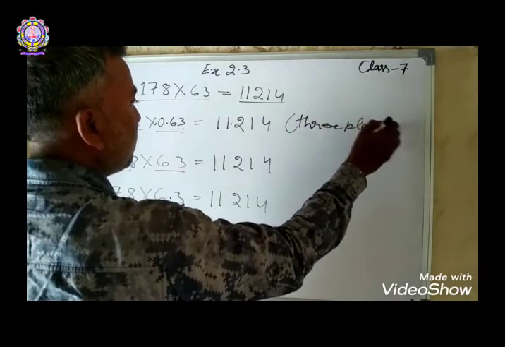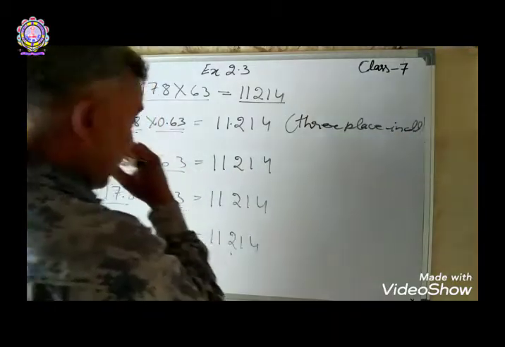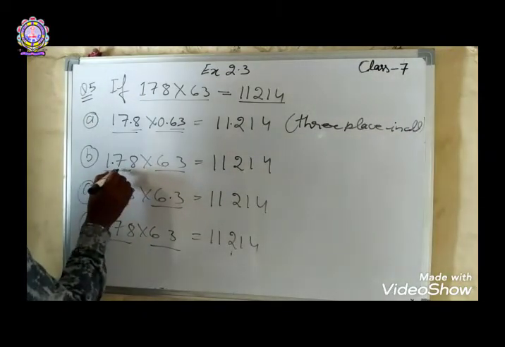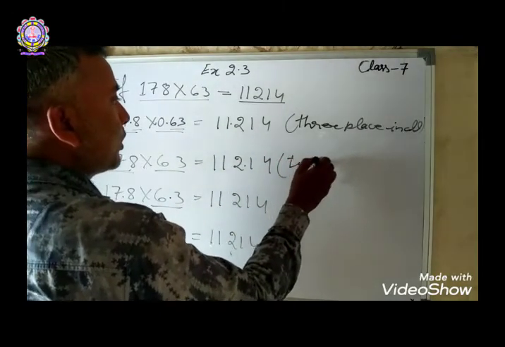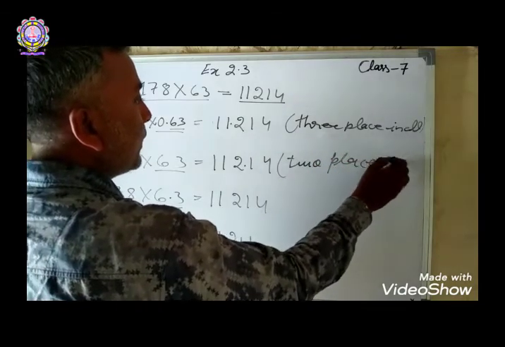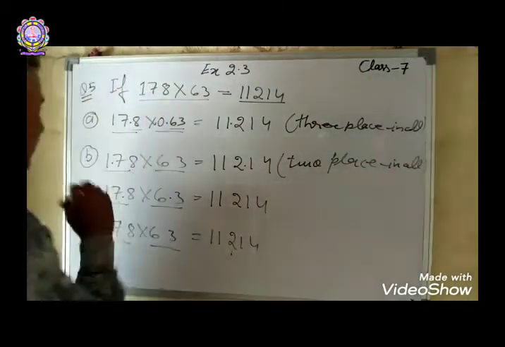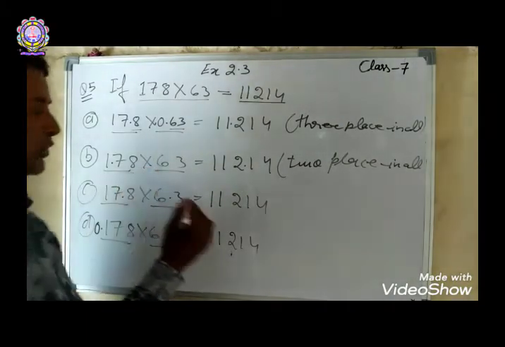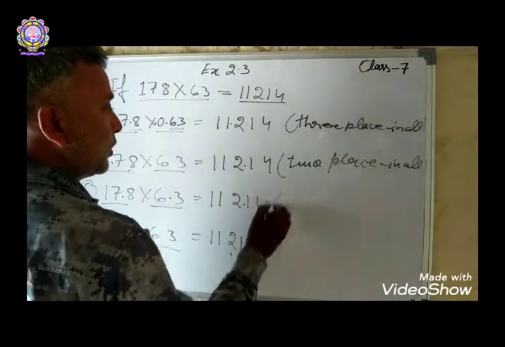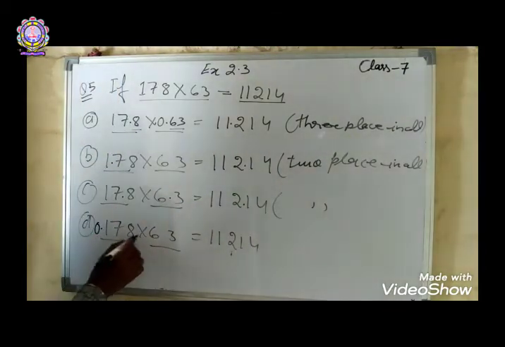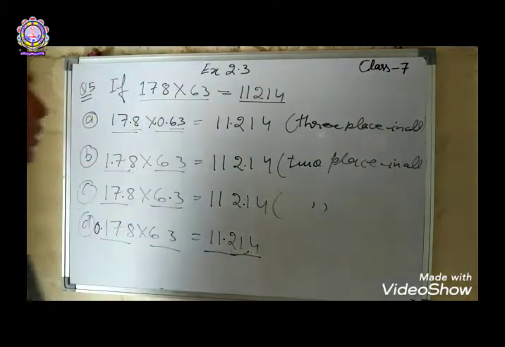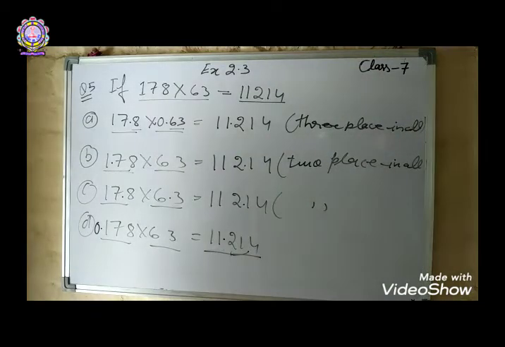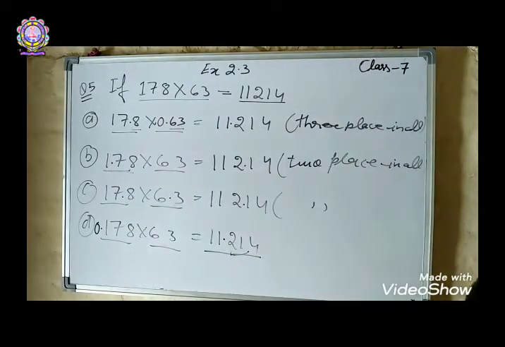3 places in all. Here, after the decimal, there are 2 digits, so we write the decimal with 2 places in all. Here, after the decimal, 1 digit and 1 digit, 2 digits, so this is also 2 places. Here it is 3 places. So this is the solution. This is how to find the solution for multiplication. Is it clear? Okay. Next question.